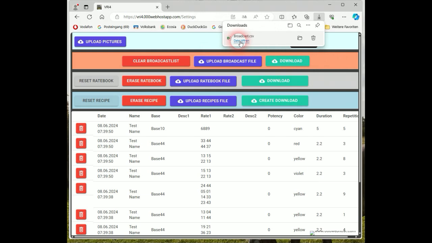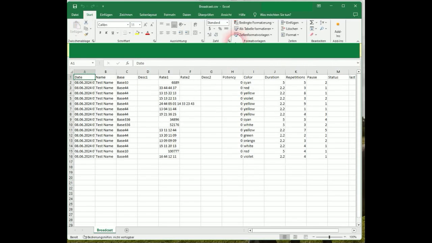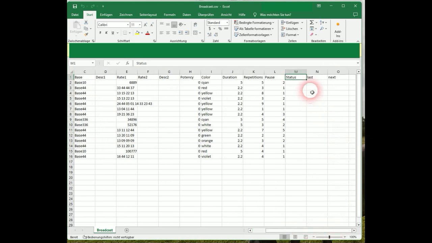You can open this file with any editor. However, spreadsheet programs like Excel would be the most convenient option. You find in the column headers the different settings for the broadcasts, like date of creation, name, base, descriptions, rates, and all other parameters. The columns Status, Last, and Next are filled by the VRI, indicating the status of the